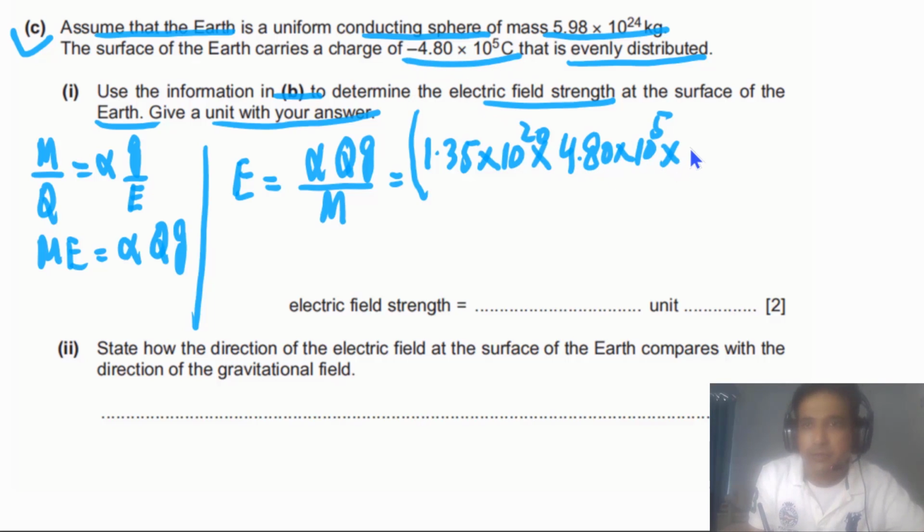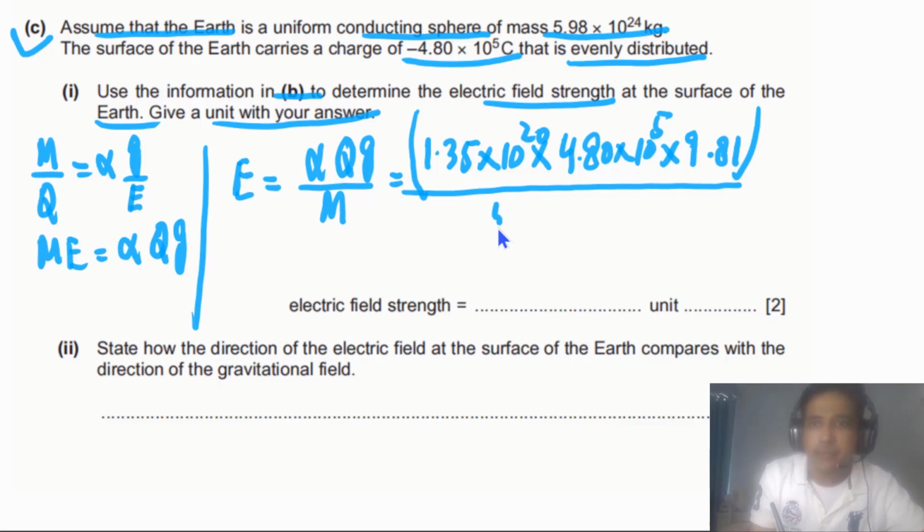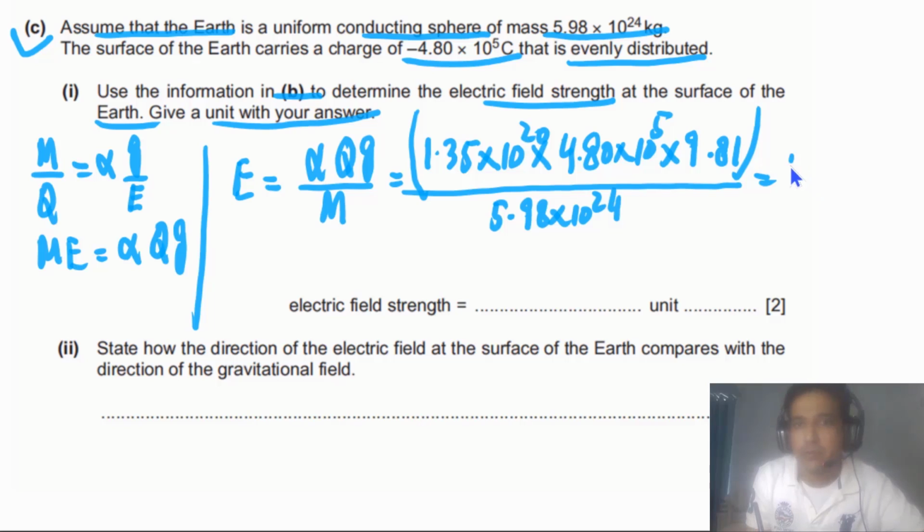Times the value of G is equal to 9.81. Now simply we need to divide this one by capital M. Capital M is given to us, that is equal to 5.98 times 10 to 24. And if we solve this one, our answer should be equal to 106 up to 3 SF newtons per coulomb,